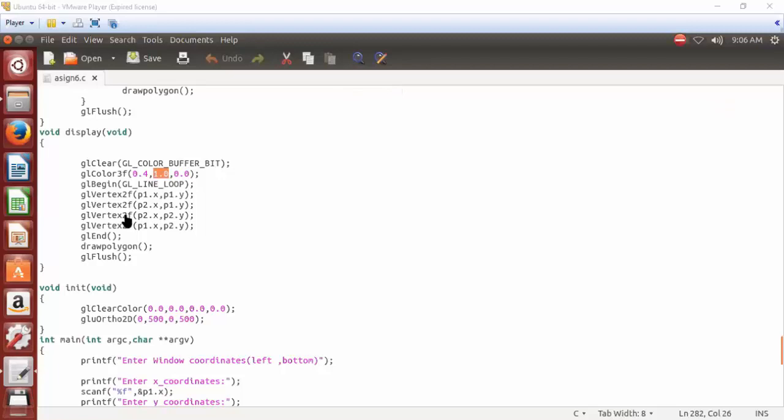So that is what we get as the output screen in display, the first output screen. What we are getting is only the green color window with P1, P2, that is 100, 100 and 400, 400. So that is the connected window we are going to get here. After this, we are going to call the draw polygon function and then glFlush. So the draw polygon function is getting called after this display function. Let's see the draw polygon function.